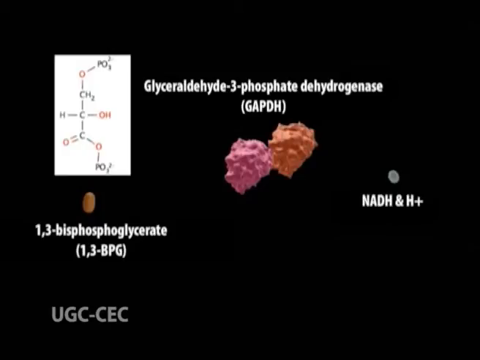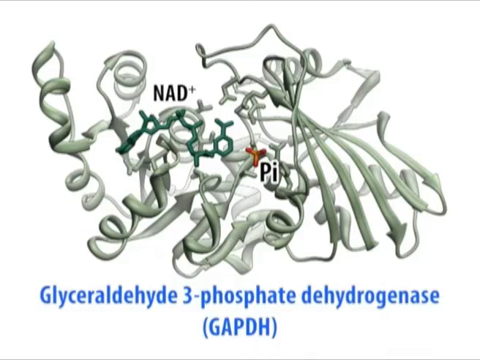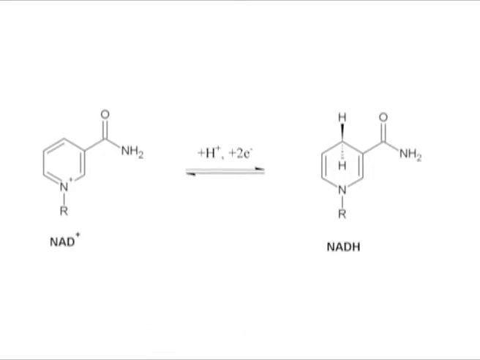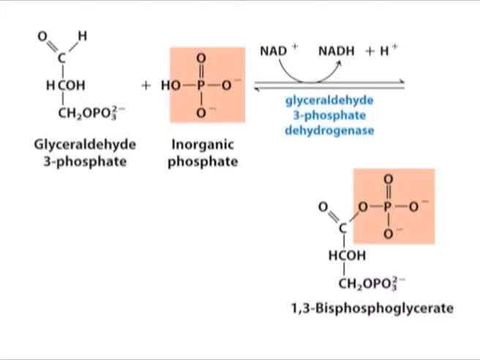The enzyme GAPDH holds the molecule in a conformation such that it allows the NAD molecule to pull one hydrogen off the GAP, converting the NAD to NADH. The phosphate group then attacks the GAP molecule and releases it from the enzyme to yield 1,3-bisphosphoglycerate, NADH and a hydrogen atom.